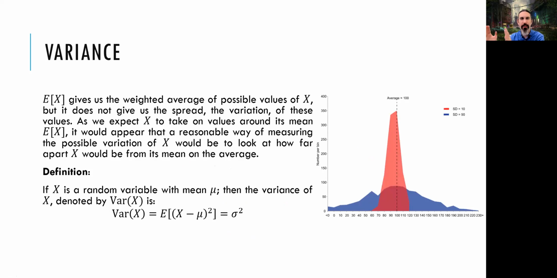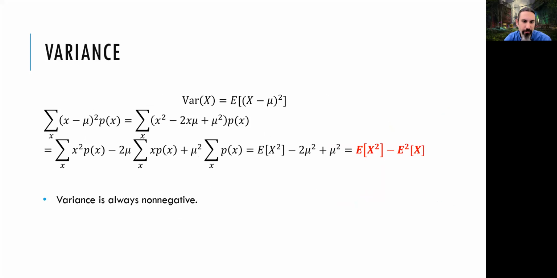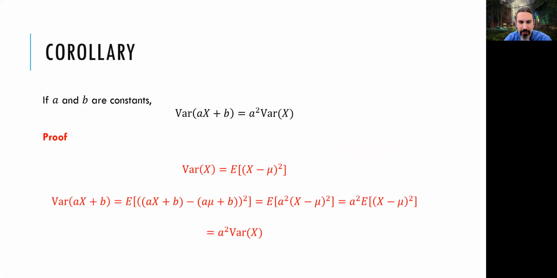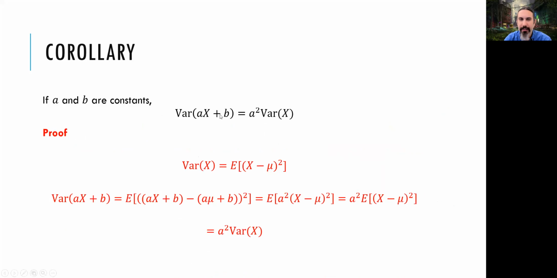The shape will just move along the axis. Okay. So as the shape doesn't change, the variance will not change as well. So moving the shape doesn't change the variance because the distance from the mean, the expected value, is going to be the same. So in that regard, we know that moving is like adding a b, adding a value to x, and this moving is unimportant. So it's not going to be effective when calculating the variance.